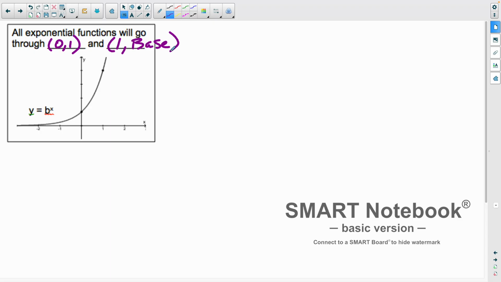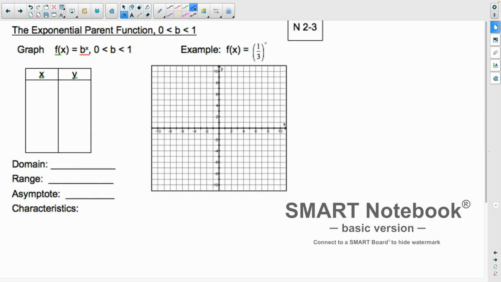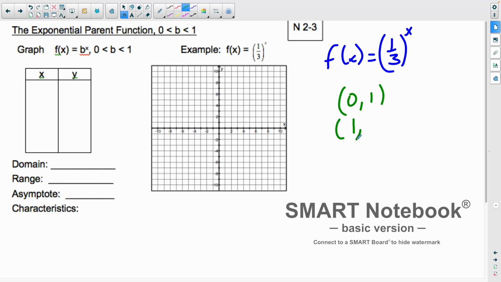The next function I want to graph is f(x) equals (1/3)^x. So I'm going to graph that one right there. f(x) equals (1/3)^x. By looking at it, it's going to be a what? Decay graph. Why is it decay? The 1/3 is less than 1, so it's going to be an exponential decay. It's going to work downward from left to right. Okay? The 2 points that I'm going to use are going to be (0, 1) and (1, base),